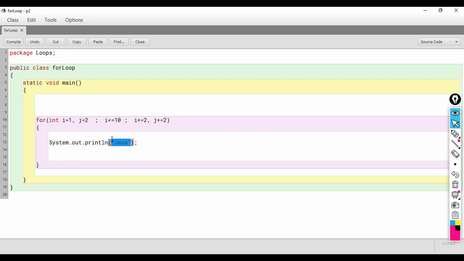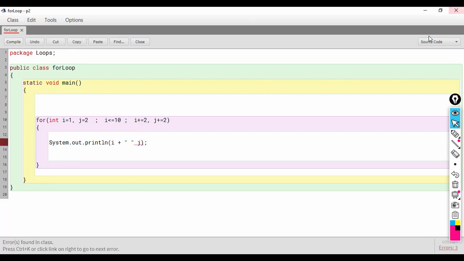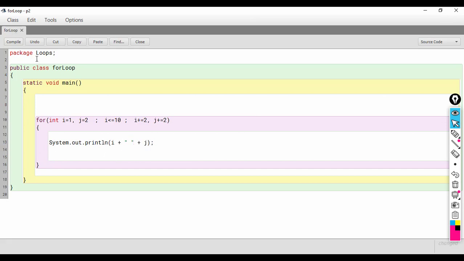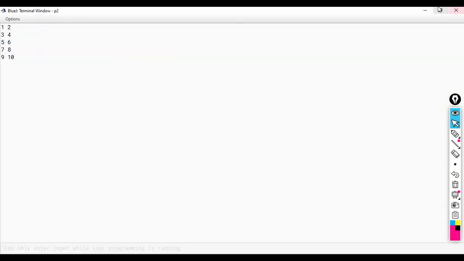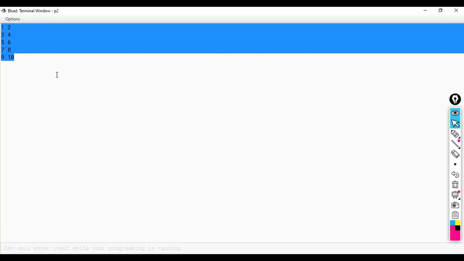And now what I am going to do is print the value of I and j, I then a space and then j. So, let us see the output for this. As you can see, all the even and odd numbers between 1 and 10 are getting printed here.